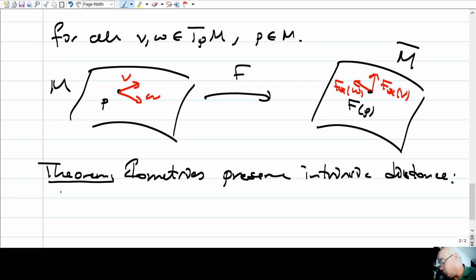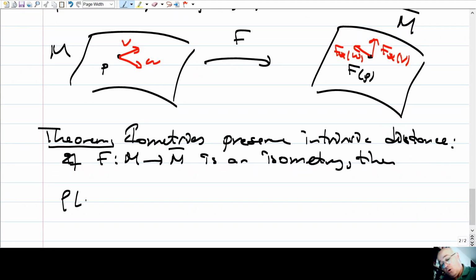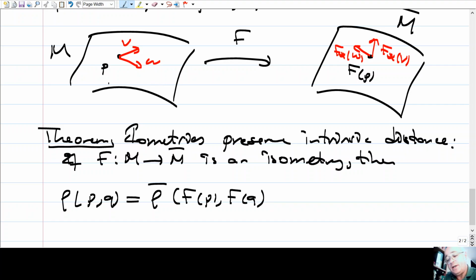which means what? If F is an isometry from M to M bar, then rho PQ is the same as rho bar of F of P, F of Q. So say rho is the intrinsic distance function on M, and rho bar is the intrinsic distance function on M bar, then F preserves the distance. The distance between 2 points on the surface is the same as the distance of the image points on the surface